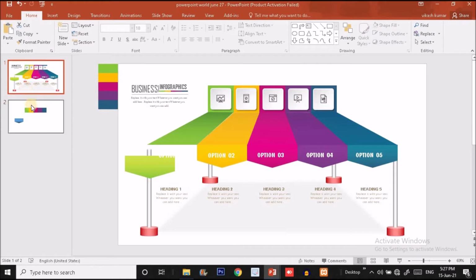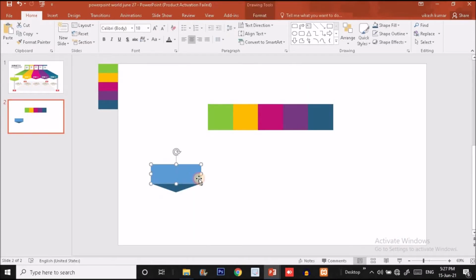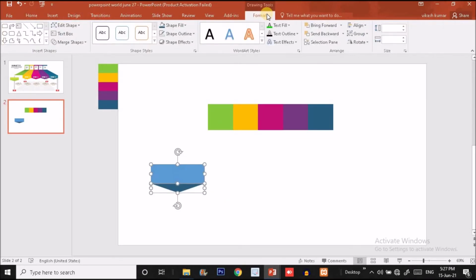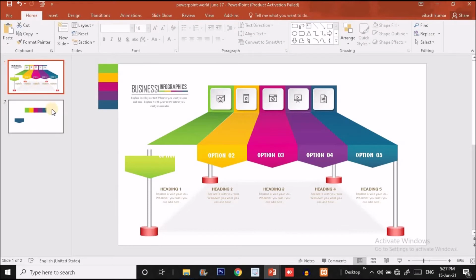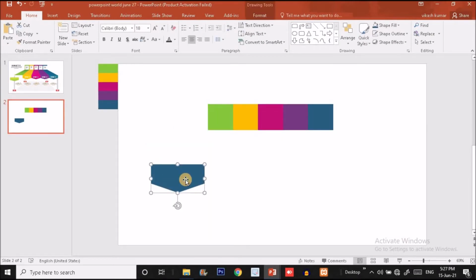Okay, so now what I'm going to do, let me take the reference of the previous slides. Oh, it's fine, it's okay. I'm going to increase the size of this to this much, and slightly I'm going to put it over here. Now I will select all these two shapes, and over here you can see format option. Just click on that. Inside format option you can see the merge shape option. Just click on that and say union, because we want to make it a single element.